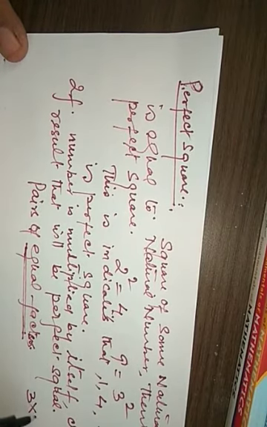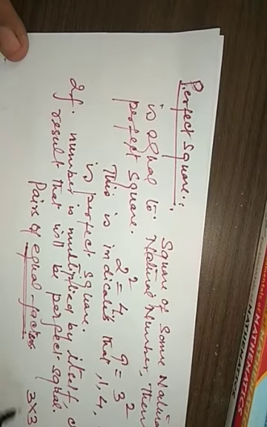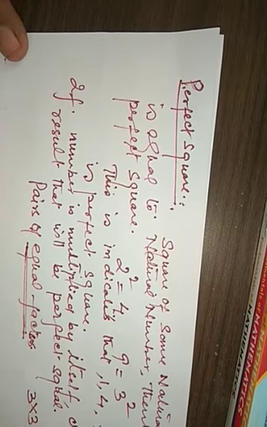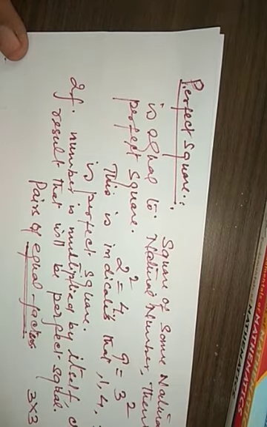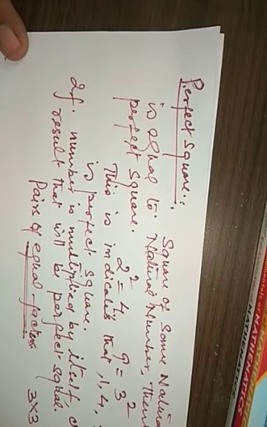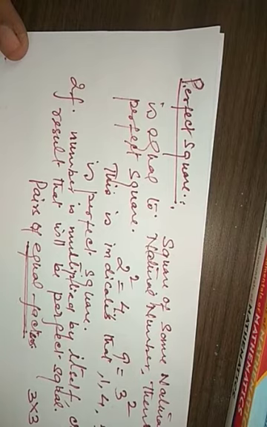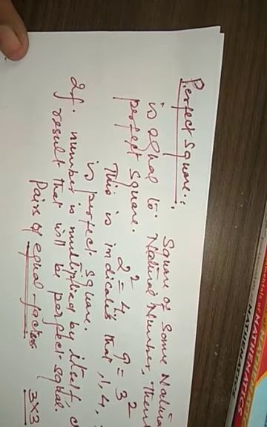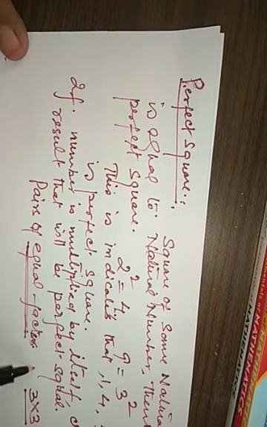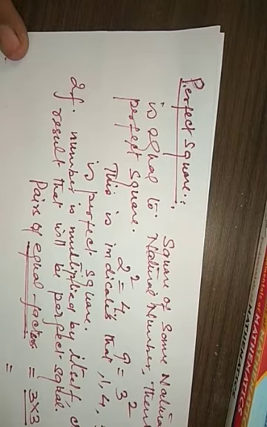means like 3 into 3. This is a pair of equal factors. Now again this is multiplied, 2 into 2. Okay, now again we have got 5 into 5. So these are called pairs of equal factors. Now multiplying these we get a number, like this will be 9 into 4 into 25.